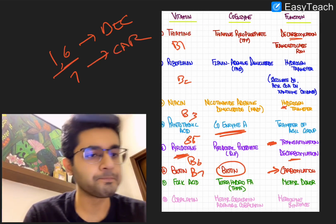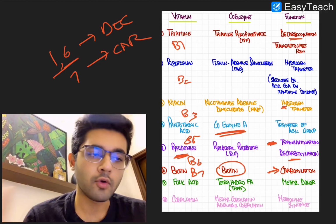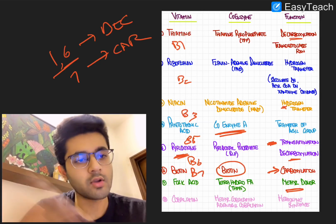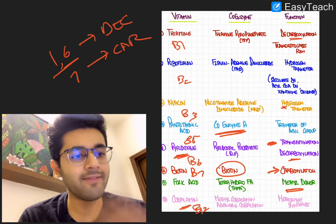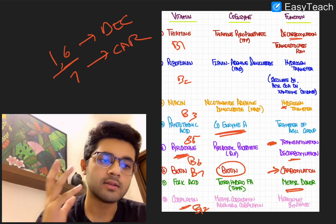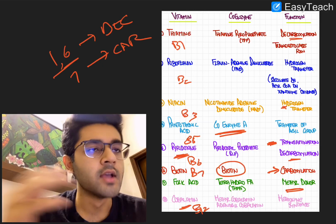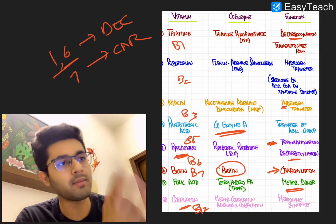Very important. Folic acid, coenzyme form is THFA, tetrahydrofolic acid or tetrahydrofolate. It is a methyl donor. We saw where it's used in the previous MCQ discussions. Cobalamin is B12. Two coenzyme forms, methylcobalamin and adenosylcobalamin, and they play a role in methionine synthesis and also in the methylmalonyl-CoA mutase enzyme. So those were about the vitamins, the coenzymes derived from them, and the reactions